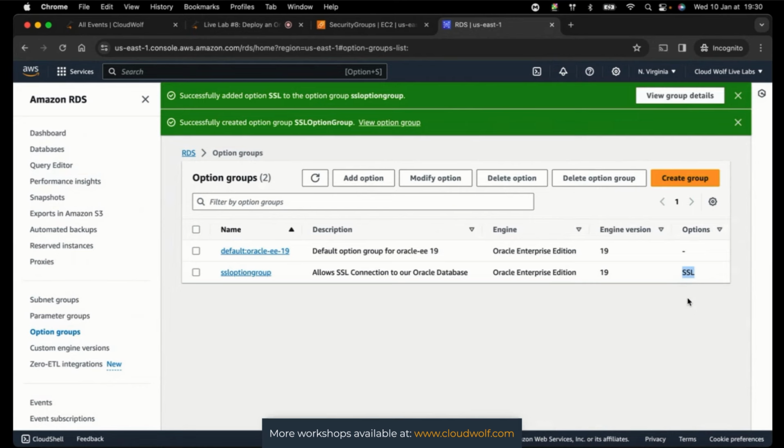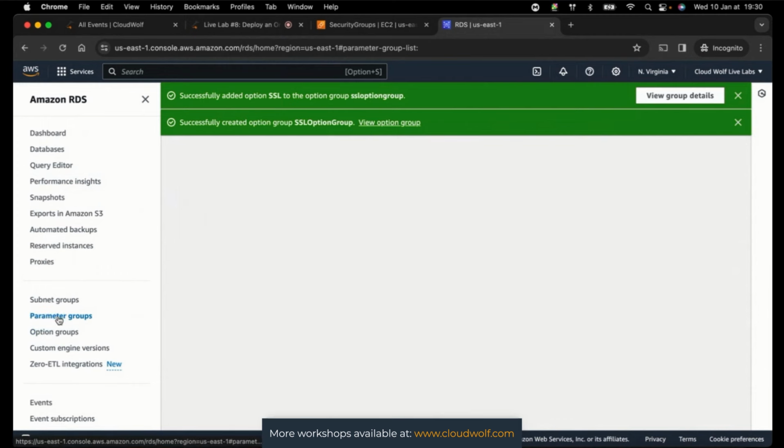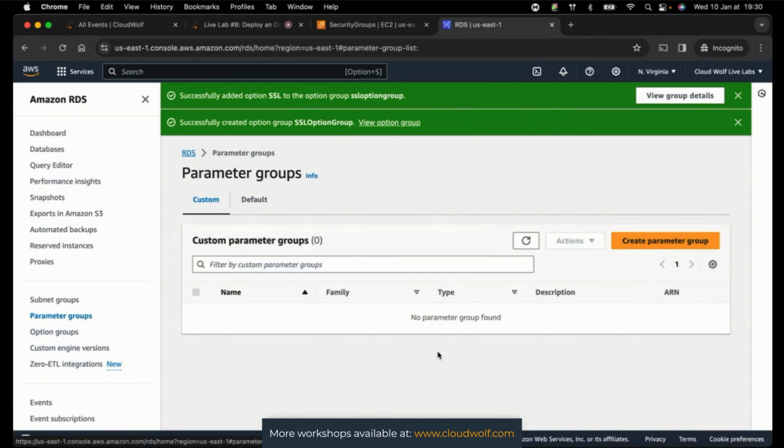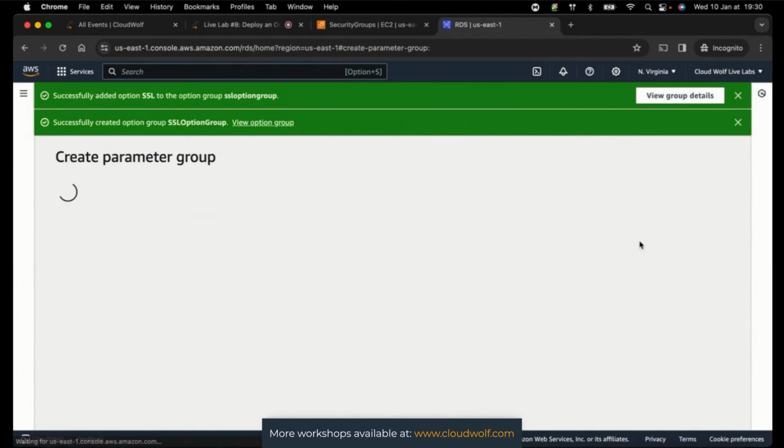Now I'm going to show you not a compulsory step, but an optional step, which would be good for you to know in case you want to configure your Oracle database. And I'm talking about parameter groups. All right, so parameter groups will allow you to configure your RDS database with many different configuration options. Let me show you right away. If you click create parameter group,